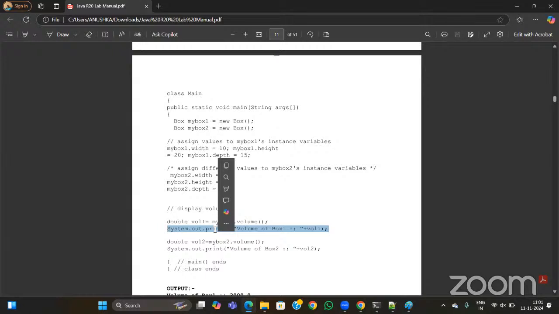And after that, you can print the value: system dot out dot println of volume. So simply I can go to the command prompt. Javac space Box dot java. Java space Box. The volume of the box is